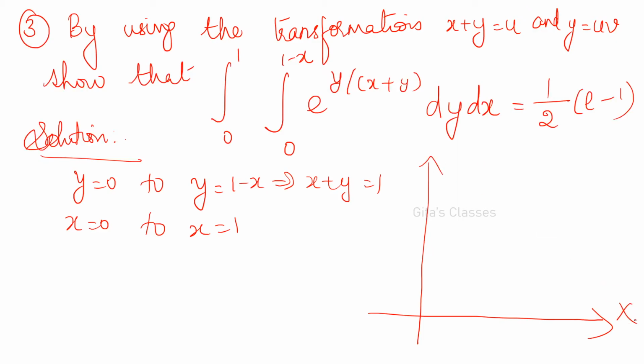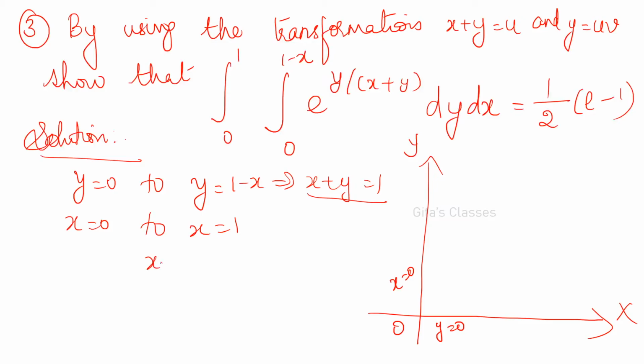We had almost the corresponding region in the Cartesian and polar almost the same, but here it will be different. You have to find out whether it is the same or not. The corresponding region you have to find out. So this is y is equal to 0, x is equal to 0. These two lines are the boundaries, and one more we have x plus y is equal to 1.